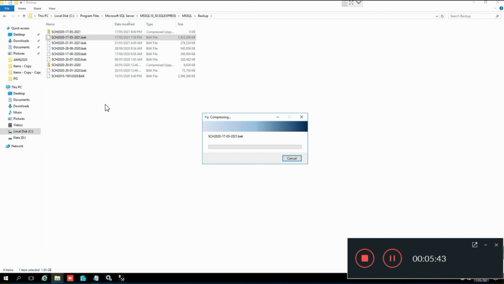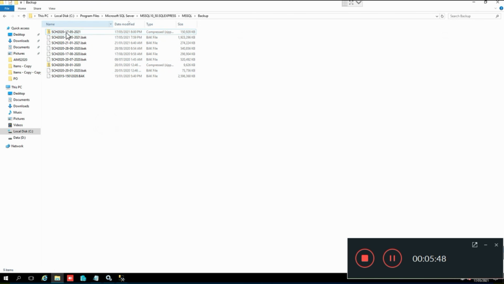Once it is completed, you can copy this file to your external hard disk. This is to avoid problems if anything happens to your server, so that at least we have another extra copy to restore, so that you can get back all your data. So we advise to do it on a weekly basis, or you can make it a monthly basis, to make it a habit to back up your file into an